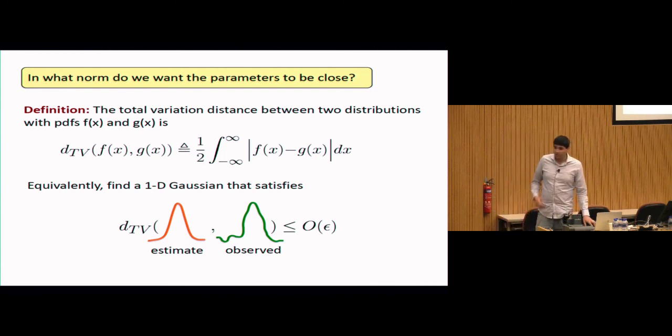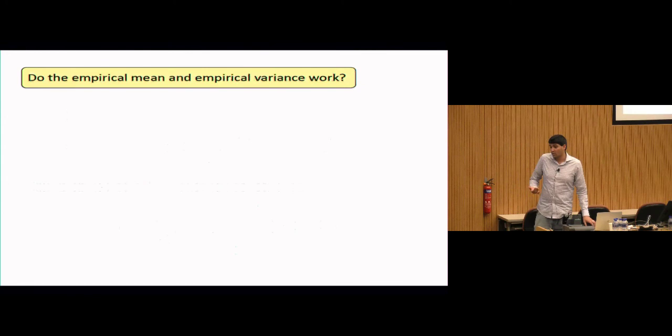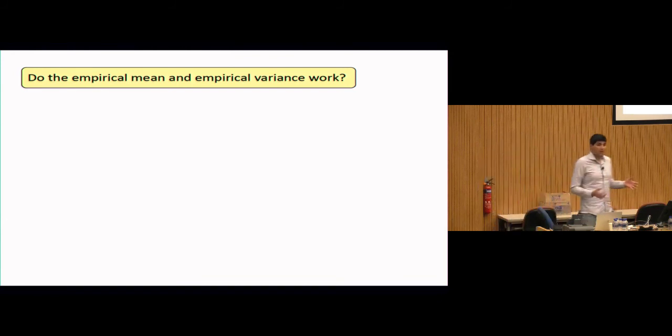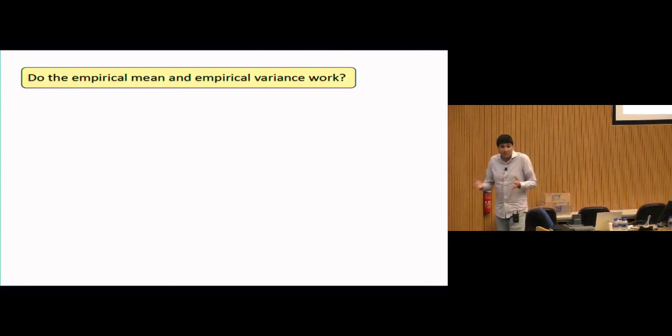So now that I've defined both how we can constrain the noise that the adversary is adding and in what norm we want to be close, the natural question that might be on your minds is, can we just do everything we did for standard statistics all over again for robust statistics? In the 1D case, when we talked about parameter estimation, when you're really given samples from a 1D Gaussian, courtesy of things like maximum likelihood theory, we know that the empirical mean and empirical variance are the best you can do.